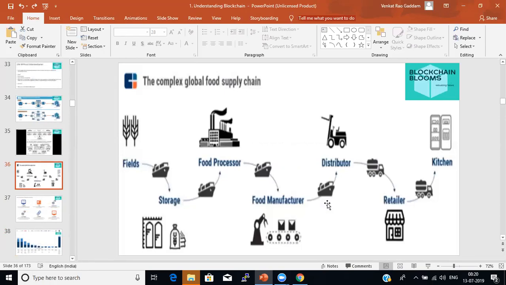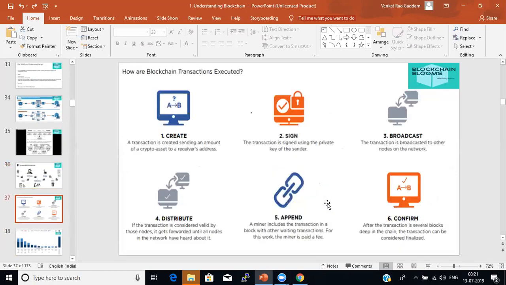In supply chain management, there are many parties involved. If goods are exchanged or shifted from one location to another, there are many participants involved. And what are the advantages if we use blockchain here? Right from the farmers' farming to the kitchen, you can definitely track the goods, the vegetables or anything. This one also we can see tomorrow, and how we can execute the transactions